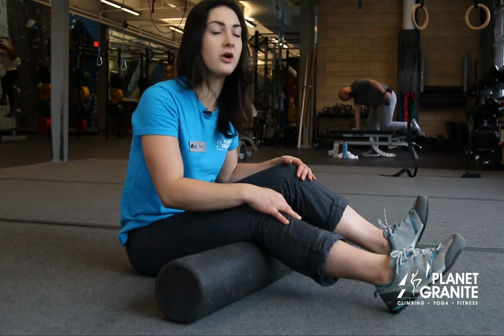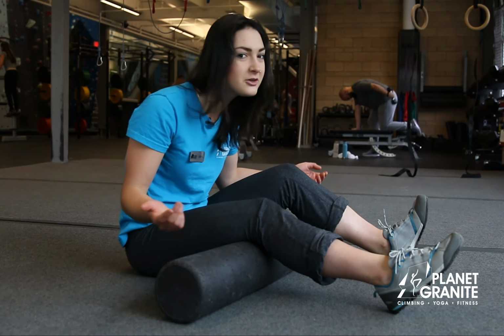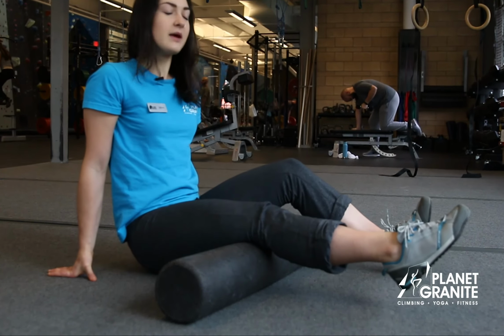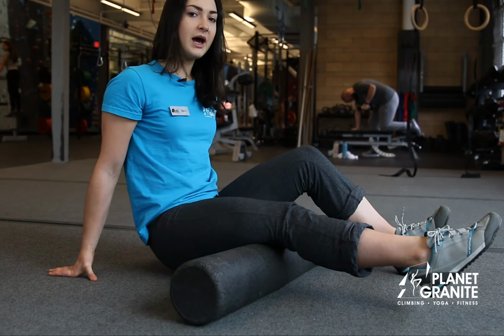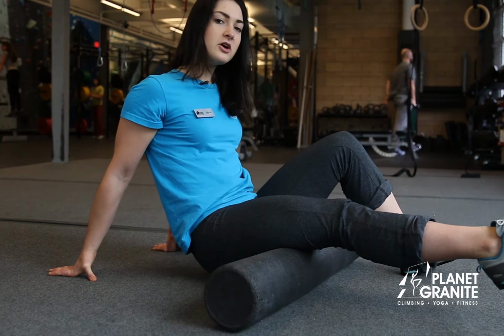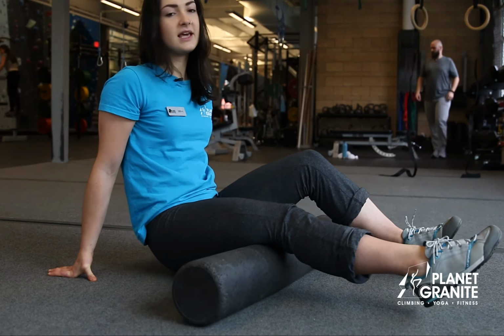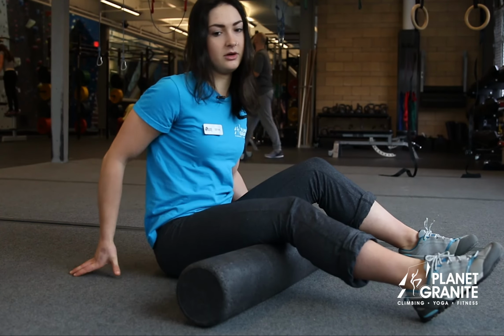So we want to think about our posture while we're doing this. We don't want to be a loosey-goosey noodle even though we're rolling over one. The main thing is if I'm supporting my body so that I can target a muscle, I want to think about keeping the surrounding muscle groups supported so that I'm not falling out of alignment. If I was rolling out my quad, for example,